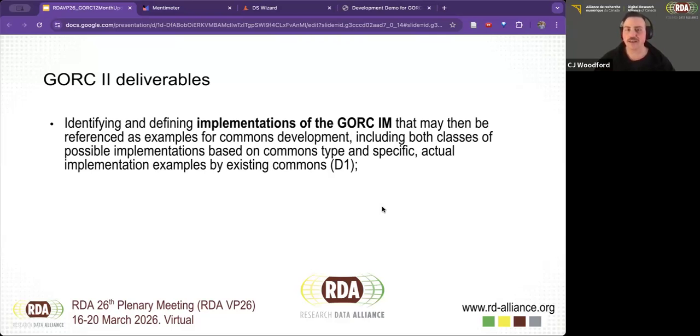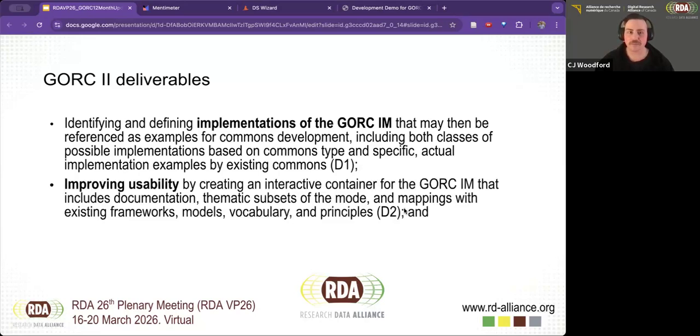Hopefully organizations, groups of organizations, or entities that are interested in the GORC model would benefit from using the GORC outputs generally and what they are using it for, as well as any implementations that are specific to them, like the frameworks they're using, the policies they have to abide by, the approaches they need to do, the standards and conventions they have to adopt or are developing to achieve these goals. That would be captured in something called a profile. And so we're interested in capturing that so that folks can find each other that are similar and also to share what some of these solutions can be.